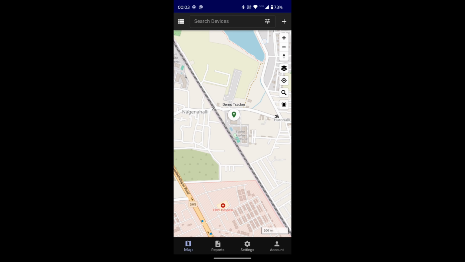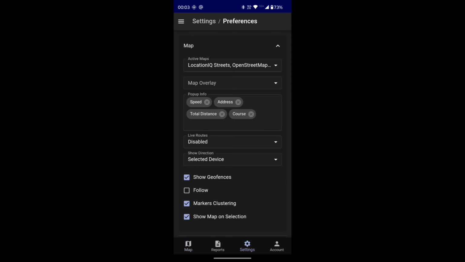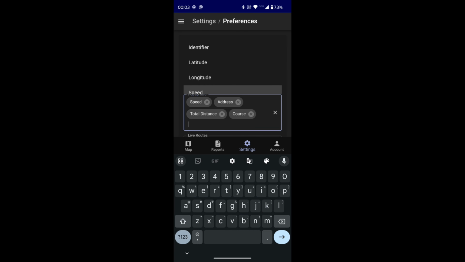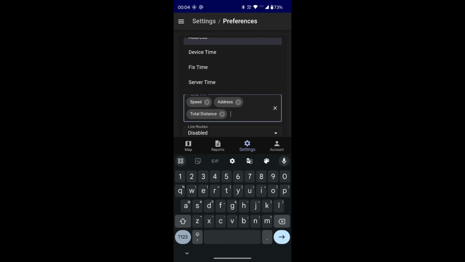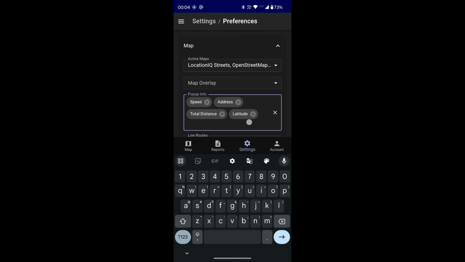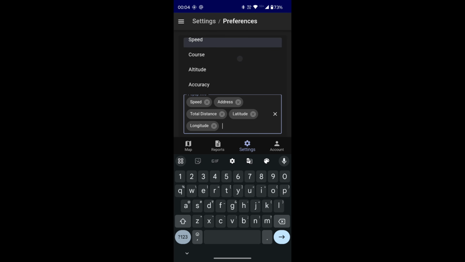Now one by one we have to configure this app so that it shows you the relevant notifications, etc. So we'll start with going to the settings button down here, and the first thing that you see is the map overlay pop-up info here. So if you click in this area, you will see this open up. There's a list of items that you can add here. I usually remove the course, which is basically the direction, and I usually add latitude, then click again, longitude, then click again, and I will add, let me see,